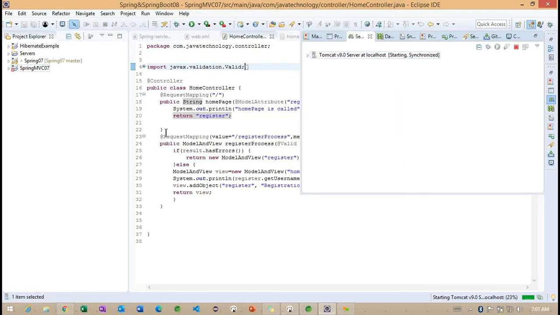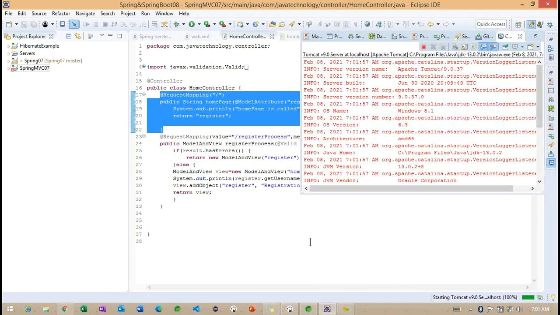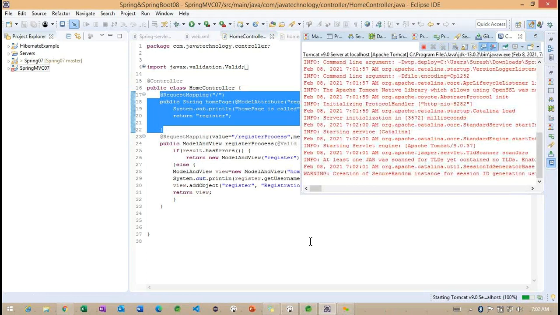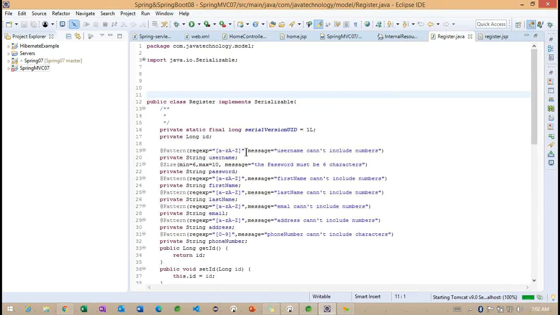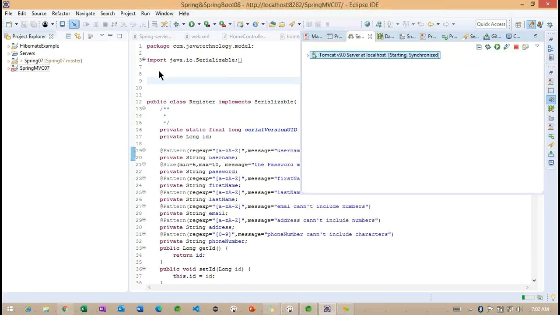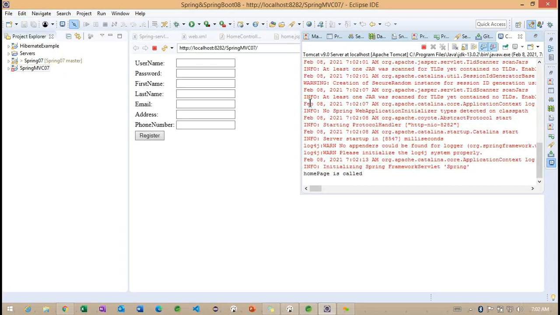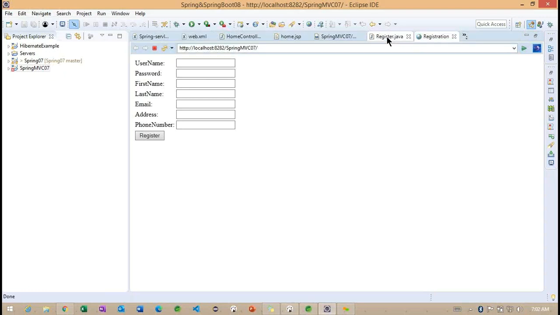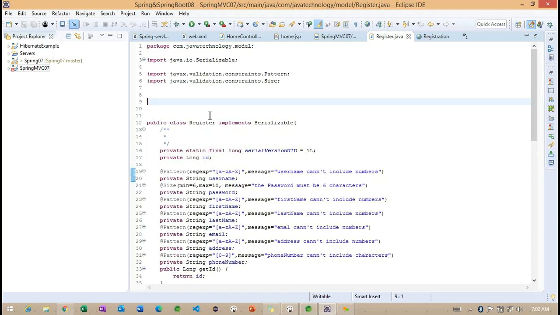Observe here, initially what we are doing is loading a register page. Once the register page is loaded, we are trying to make some validation here, right? So the validation we already implemented using a particular pattern, which is coming from the... Okay, the main page is loaded. We'll go back to here. This pattern annotation is coming from the...